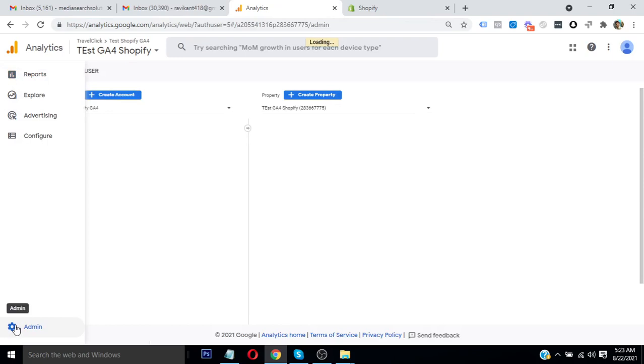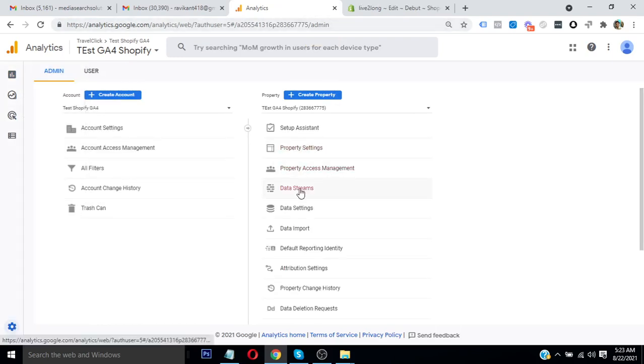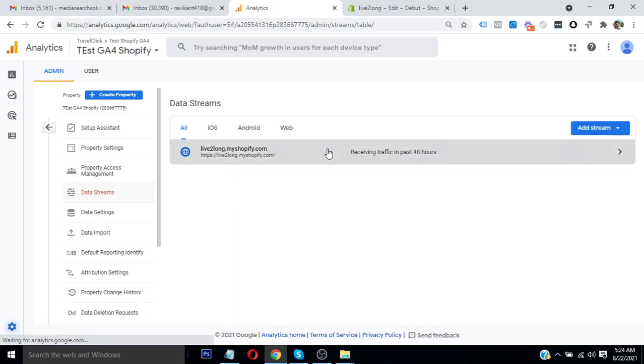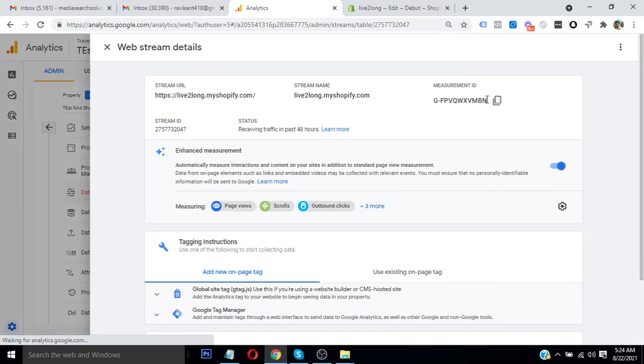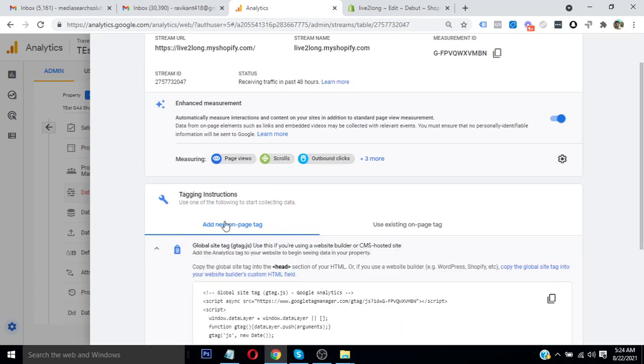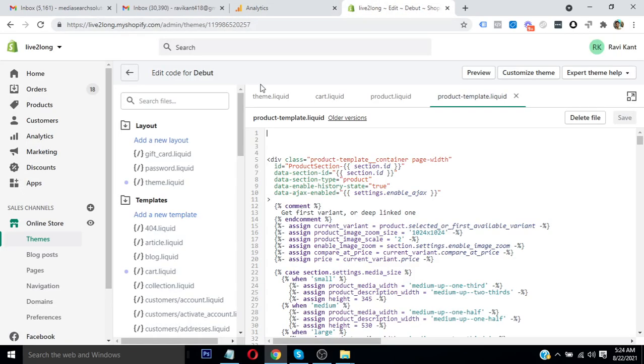You can place this global code from here. You just need to go to the admin section of your analytics, and from there select Data Stream. From there you just need to click this one, copy and paste. This is the measurement ID, and if you want to do a hard code installation, just click on this first step and copy this piece of code, go back to the admin panel of your Shopify website, and you need to place this code